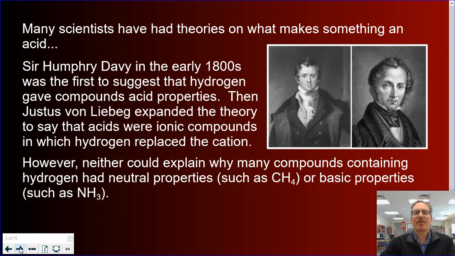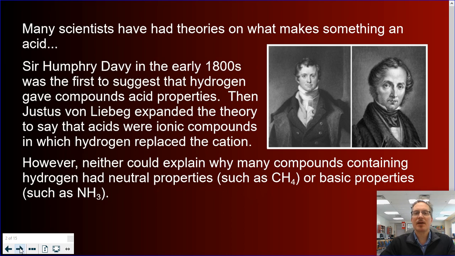Many scientists have had theories on what makes something an acid. Sir Humphrey Davy in the early 1800s was the first to suggest that hydrogen gave compounds acid properties. Then, Justus von Liebig expanded the theory to say that acids were ionic compounds in which hydrogen replaced the cation ion. However, neither definition could explain why many compounds containing hydrogen had neutral properties, such as methane, or basic properties,